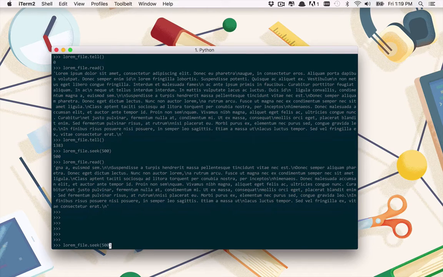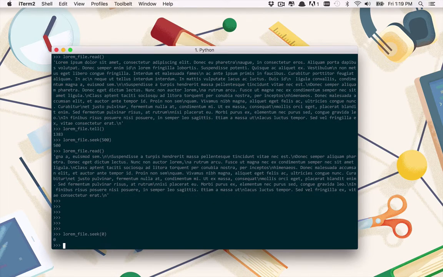So I want to go back and I want to seek back to 0. Let's start at the beginning and let's be a little bit more choosy. Let's go ahead and move just a little bit ahead into the contents of our file. Let's move forward 12 spaces. So we're going to go to the 12th byte of the file by using seek. I'm going to move ahead